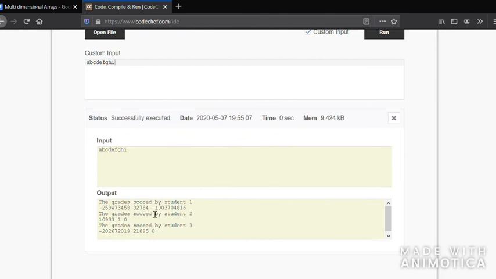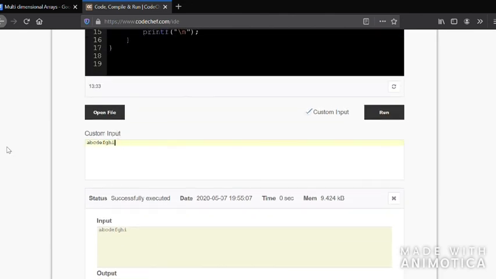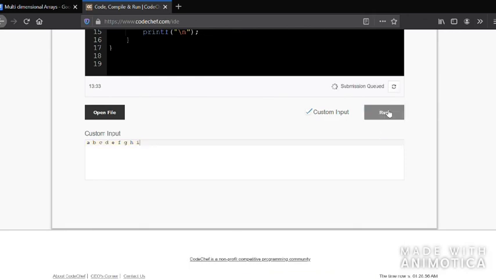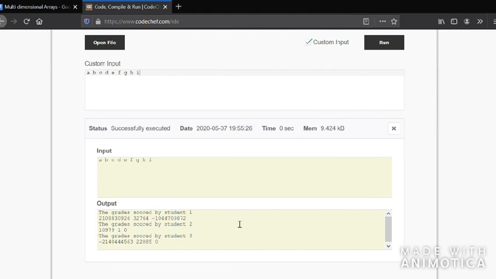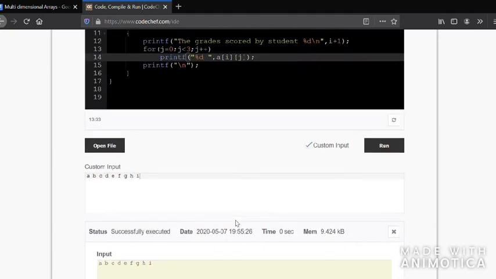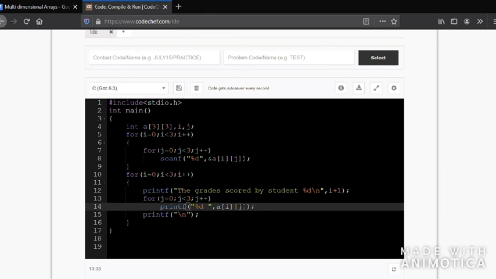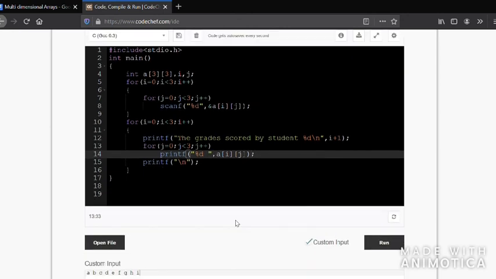You're getting garbage values here. So just try giving spaces and trying it. Getting garbage value, that is, it is not accepted. So in a character variable you can store an integer, whereas in an integer variable we cannot store a character. So this is another simple program to print the grade scored by different students in a particular class or subject.